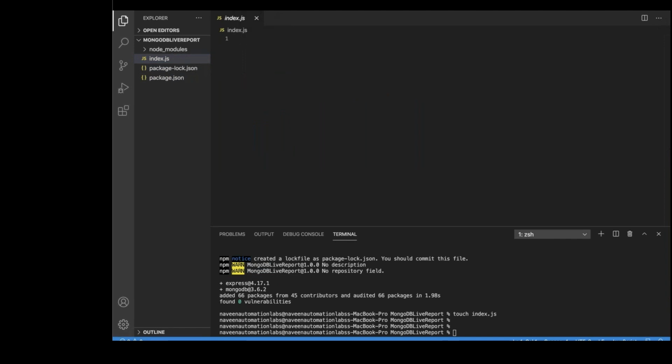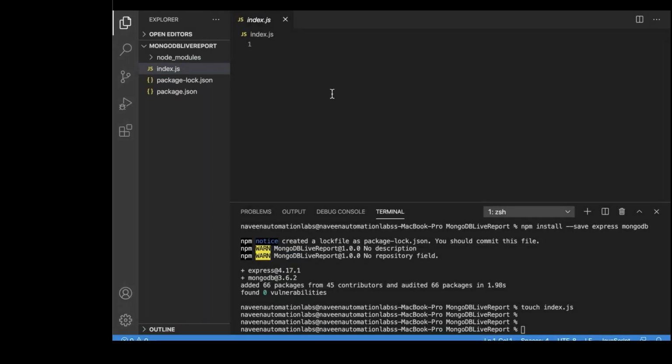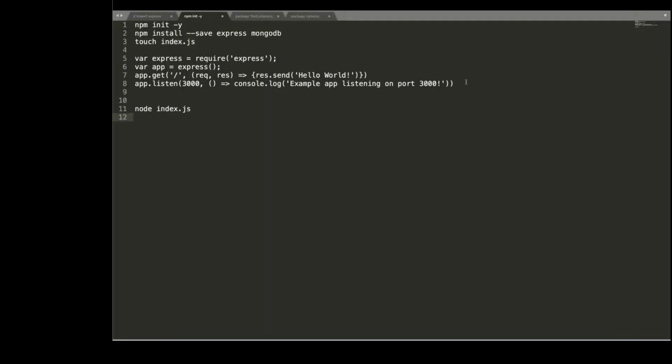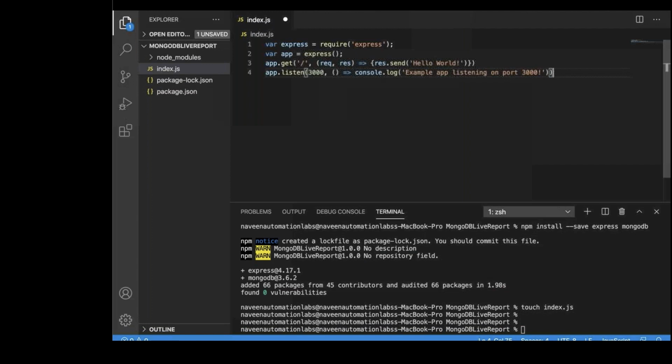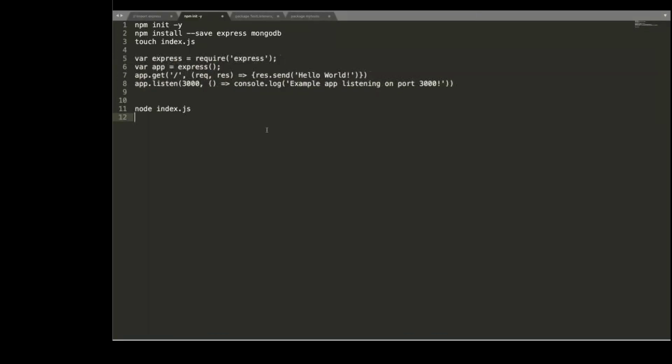And I'll show you one dummy code, where exactly Express.js is picking the data from this file and displaying it on the UI. So this is a sample code, you can use this. Let's see, I'll simply run it and save it. Hello world, and then example app testing on this. Okay, and after that you have to execute node index.js.